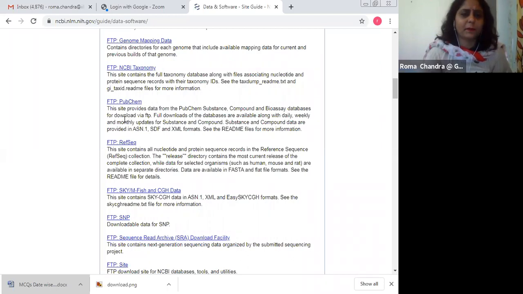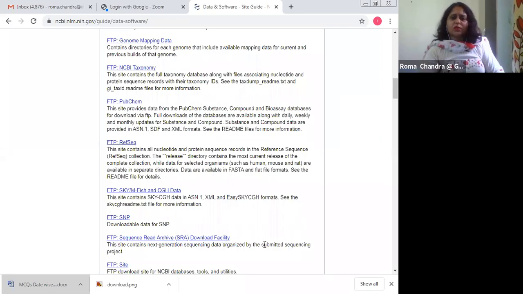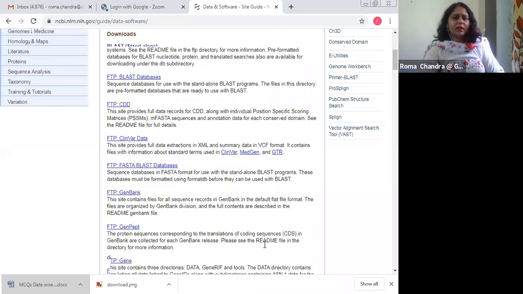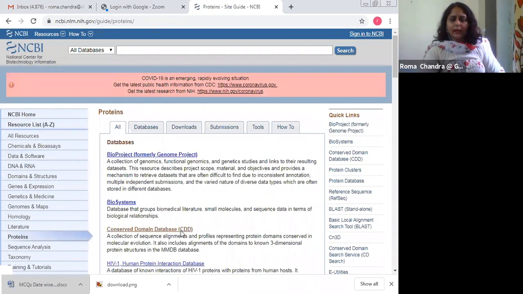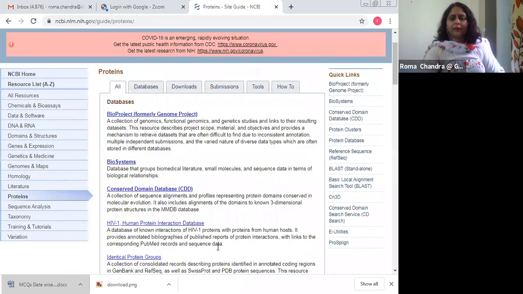NCBI taxonomy, PubChem is there. This is for the chemical structure of various molecules, the single nucleotide polymorphism. So a lot of information is there. The moment I clicked here, I was redirected to all these links. Okay, proteins. If I click proteins, I got into the different projects, the different databases which are related to proteins and which are maintained by NCBI.